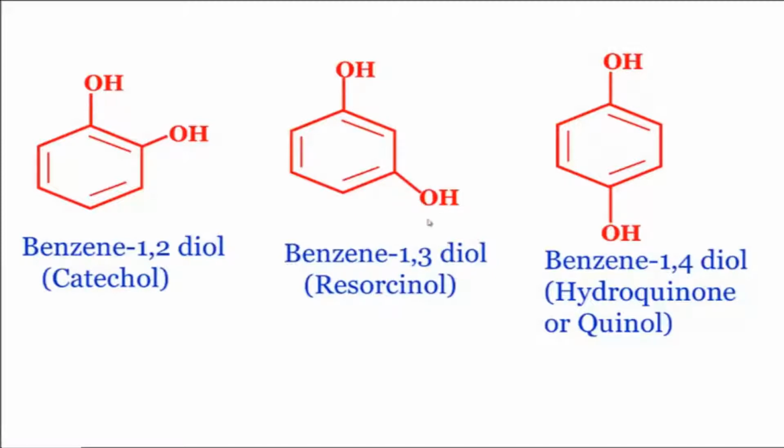Similarly, this structure contains the OH group linked for the first and the third carbon atom. So we can call this as benzene 1,3 diol or else as resorcinol. Again, the molecular formula will be the same as C6H4OH. Now we have to add M and then one OH there, which indicates meta position also is having one OH group attached. Again, here we have in the structure, the first and the fourth carbon atom is linked with one OH each. Therefore, we call it as benzene 1,4 diol, or else we can also call it as 1,4 dihydroxybenzene, and it is popularly called hydroquinone or quinone.